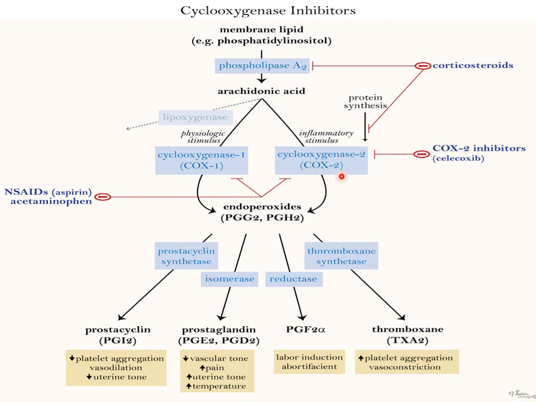So whenever we feel pain, as well as fever, it is because of the release of these factors. These prostaglandins elevate pain, elevate temperature, or increase inflammation. So what is our target? The enzyme which is responsible for the pain stimulus, we have to inhibit. This pathway, the cyclooxygenase pathway, we have to block. How to block this one?